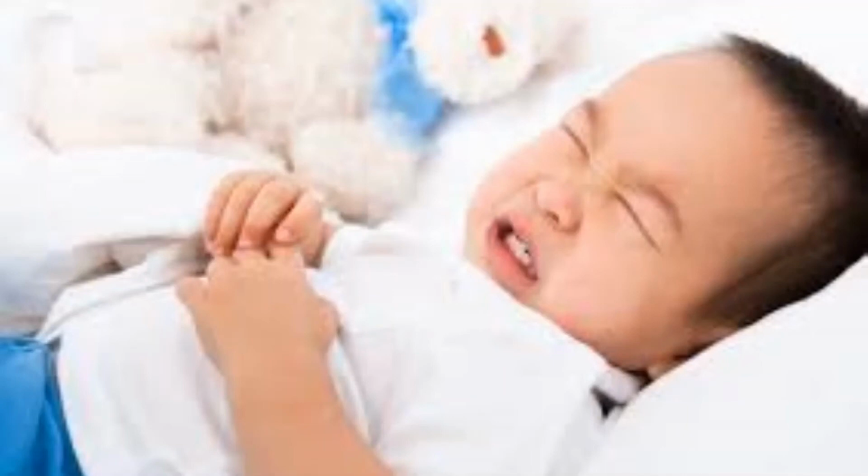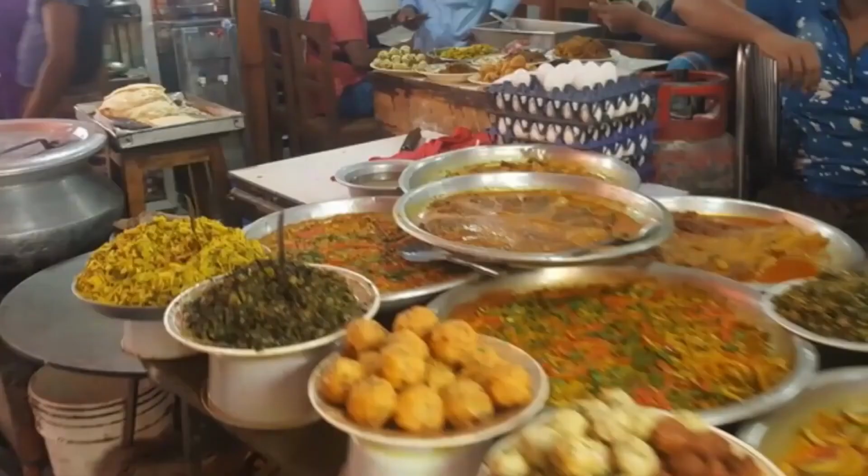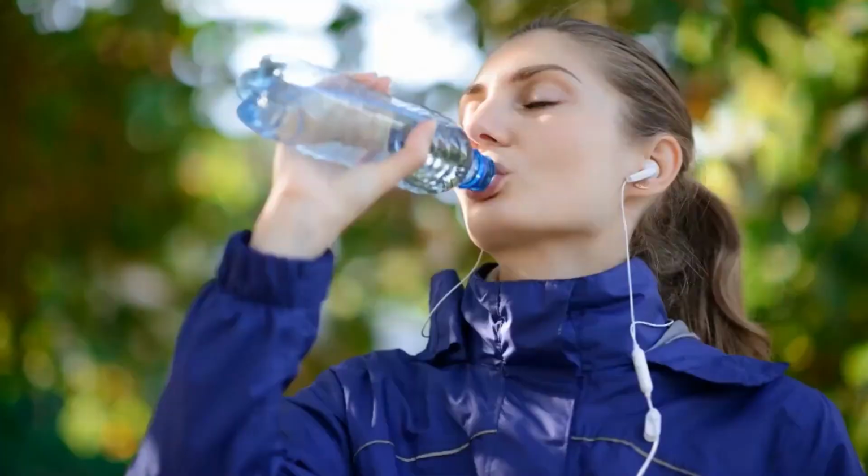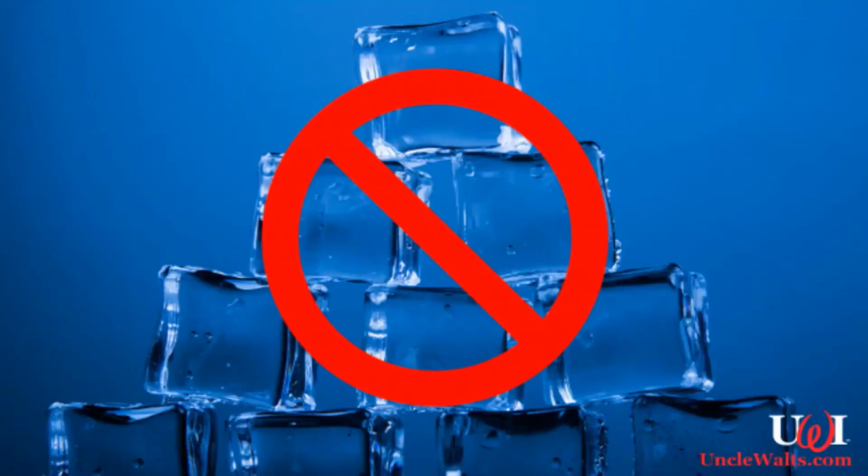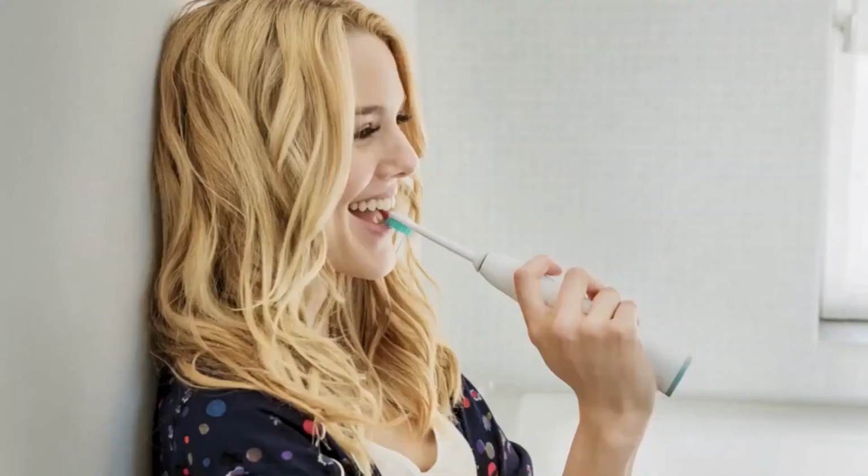Now let me tell you some precautions when traveling. When you are traveling in another country, you can become sick from contaminated food or water. You may be able to reduce your risk by following some of these tips. Number 1 is that you should drink only well-sealed bottled or carbonated water. You should avoid ice cubes because they may be made from contaminated water. Use bottled water even to brush your teeth.